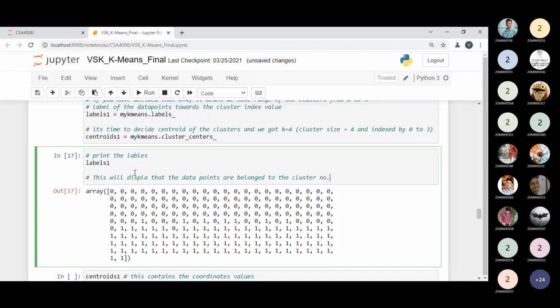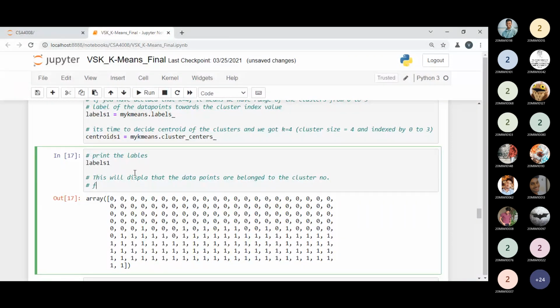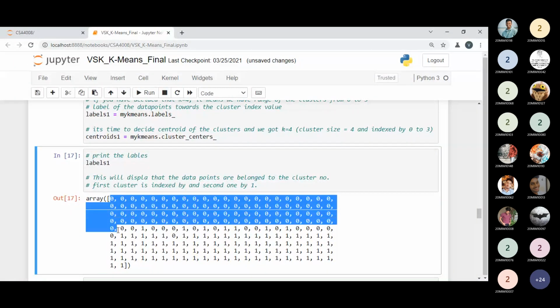So the first cluster identifier, we can say the first cluster is indexed by 0, and the second one by 1. That is the point. Our data points which are represented by cluster 1, these data points belong to our cluster 1 and the others belong to cluster 1.